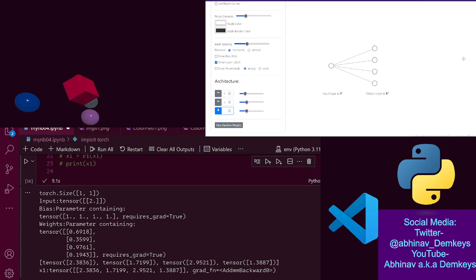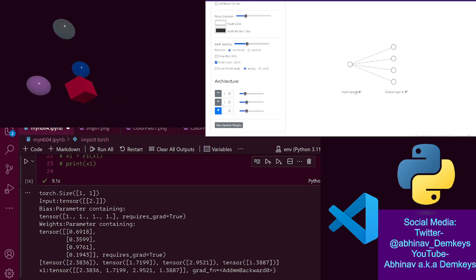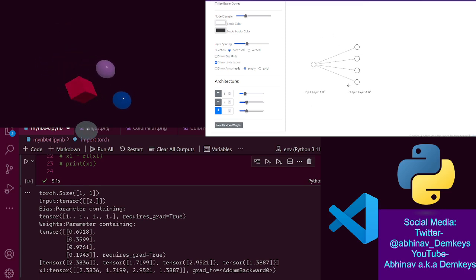Oh, I should leave it blank to get rid of it. Okay. All right. So how are we visualizing this? Let's say the input layer doesn't count as a linear layer. Let's say the input layer is just the input. Okay, and then we have this one linear layer which takes